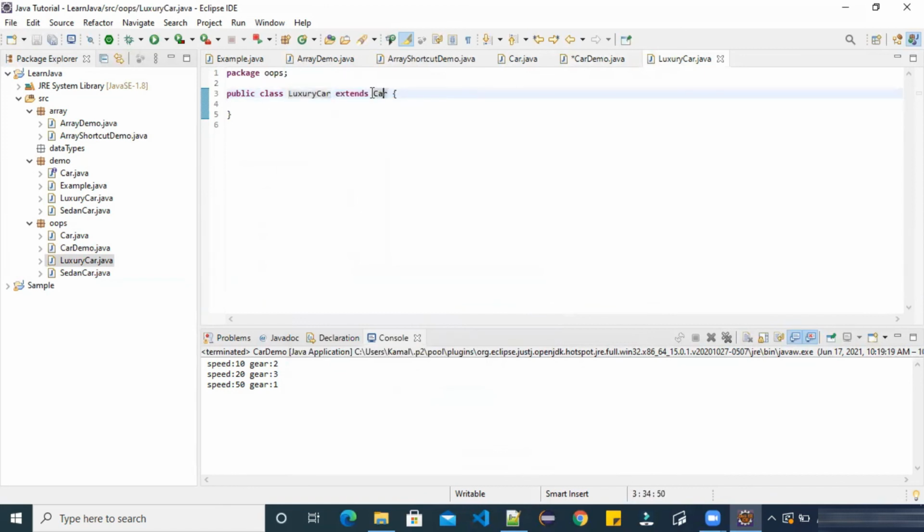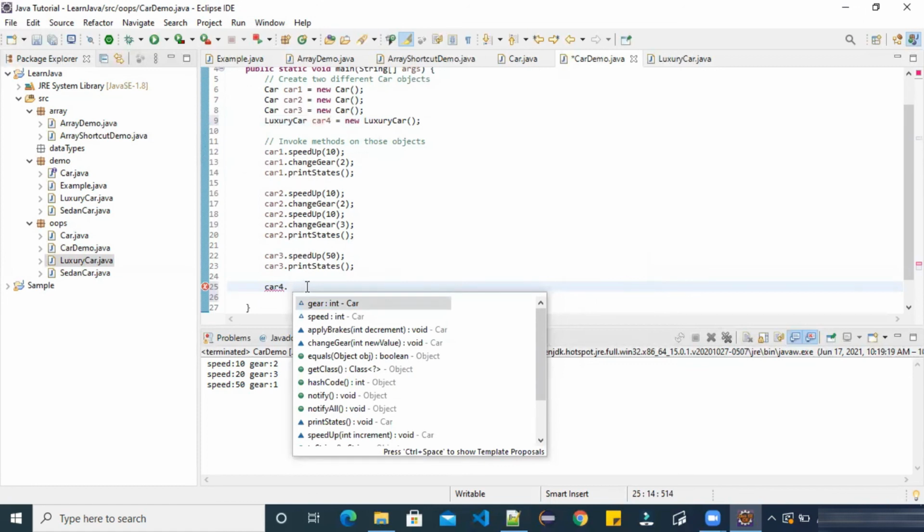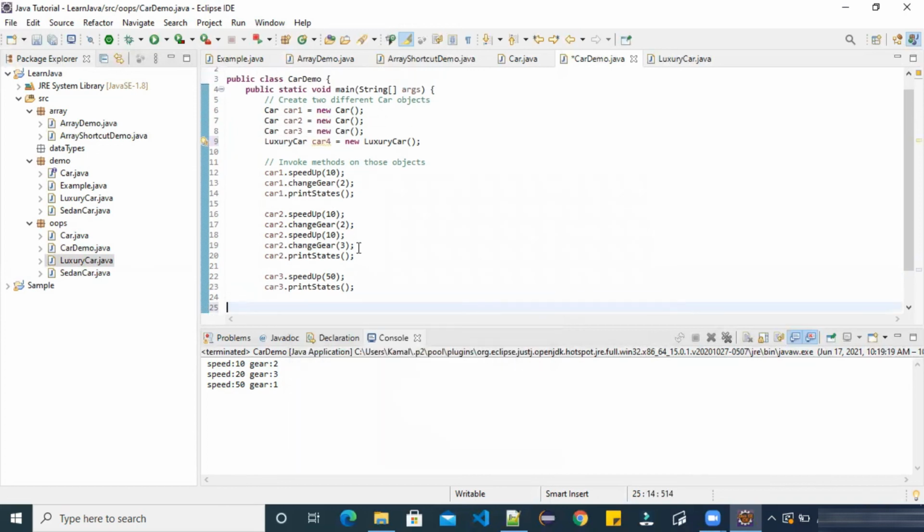The blueprint we have extended is automatically inside this luxury car. So this is the concept of inheritance. Let me remove this, otherwise it will show error.